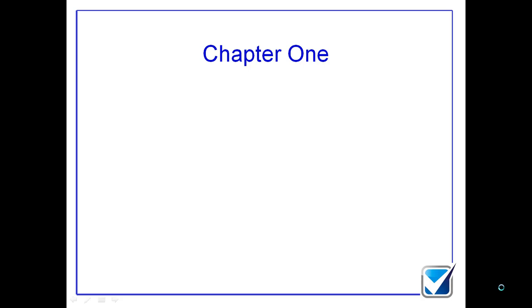So with chapter number 1, what we're going to do is look at a general introduction to accounting. What I'm going to look at here really is who are our users of financial information, who are our users of accounting information, what are they looking for, and what are we trying to achieve. So it's a reasonably short chapter, which allows me to give you an introduction as to why we bother with these types of accounts and why we bother with these types of financial statements.